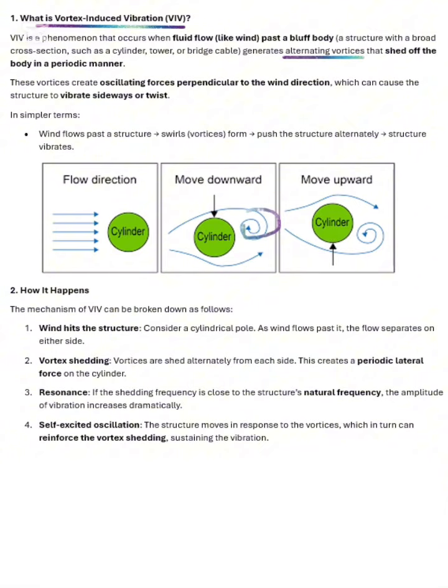You can see these alternating forces. It sets off alternating forces in the body in a periodic manner. These vortices create oscillating forces perpendicular to the wind direction. So it's moving downward this way and upward. There will be lateral forces like this. The force pushes downward, and then goes upward. So it creates oscillating forces perpendicular to the wind direction, which can cause the structure to vibrate sideways